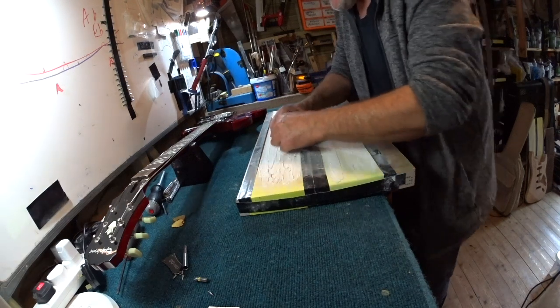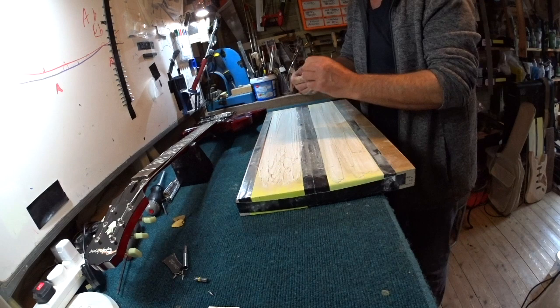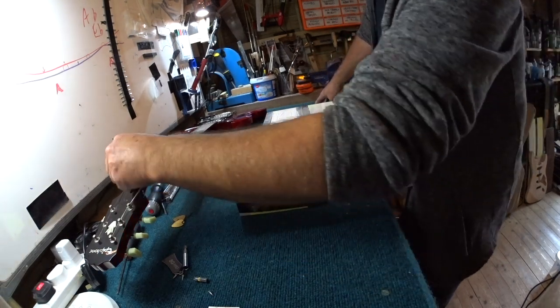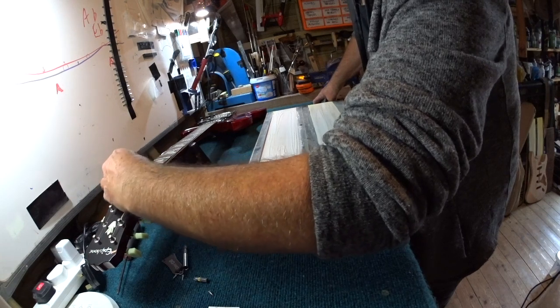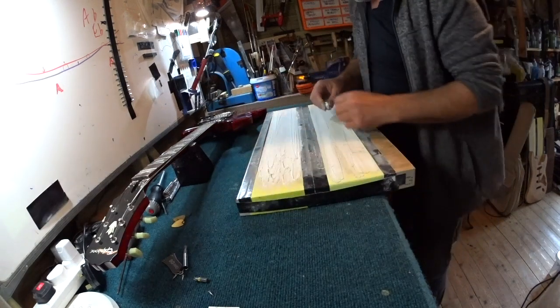So what I mean is the width of the insert tends to be just the width of a standard nut for this guitar, which is pretty cool. So I'm getting there with a degree of sort of care and accuracy. Of course there's powder and stuff all over the end of the guitar right now, but we'll clean that up at the end. So what I'm looking for is the point where this just fits into the slot perfectly,